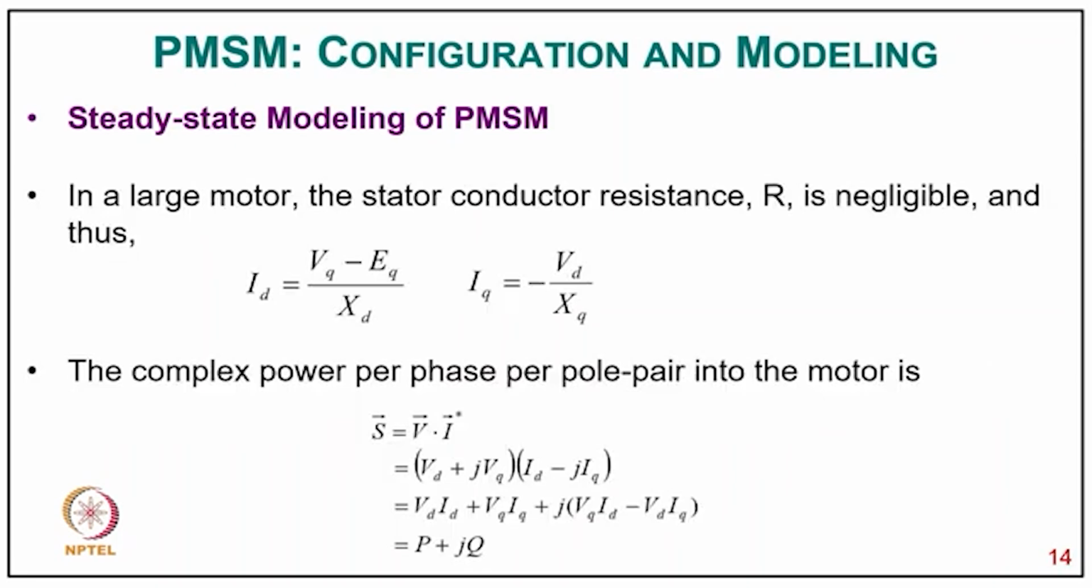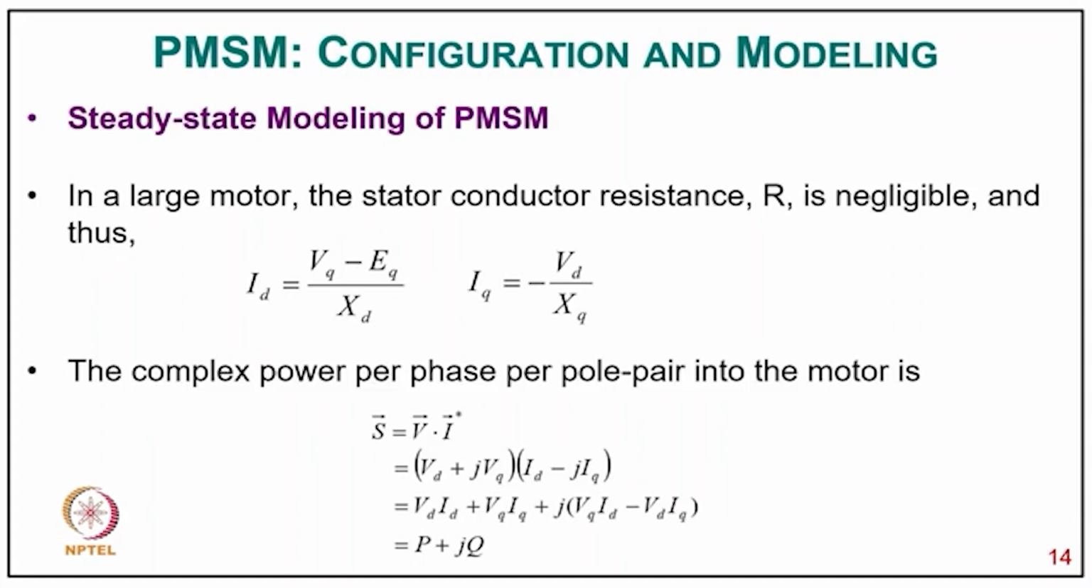In large motors, the stator conductor resistance R is negligible, hence we can say Id equals (Vq minus Eq) upon Xd and Iq equals minus Vd upon Xq. So, the complex power per phase per pole pair in the motor is now S equals V into I conjugate, where V equals Vd plus jVq and I conjugate equals Id minus jIq, and then solving it becomes Vd Id plus Vq Iq plus